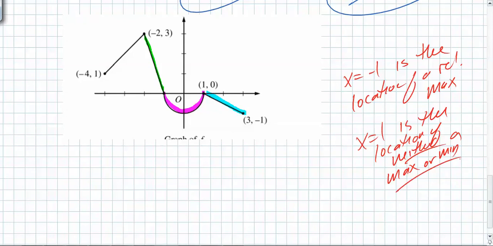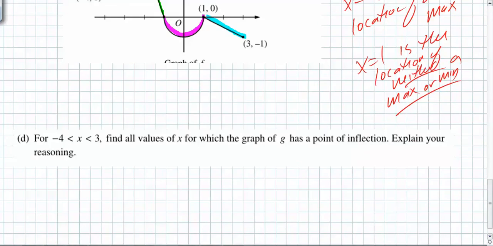We just ran into another one of the problems, which is be very careful. Are you minimizing or maximizing f? No. What are you min-maxing? g. You're trying to find the relative mins and maxes of g, not f. Second derivative, Peter. Because we're looking at inflection points. What happens at an inflection point? The concavity